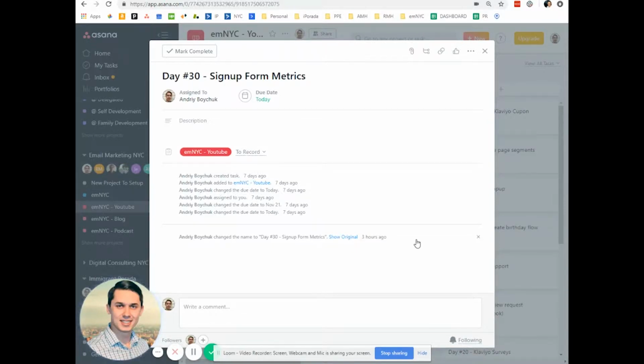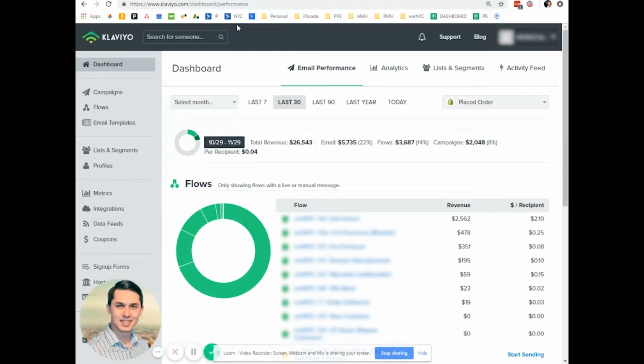A few months ago, Klaviyo released custom sign up forms, and a few weeks ago they added sign up form data to their analytics dashboard, where you can view how many people are viewing, how many people are opting in, and how many people are unsubscribing. So let's go to your Klaviyo account, and in your Klaviyo account you click on analytics,